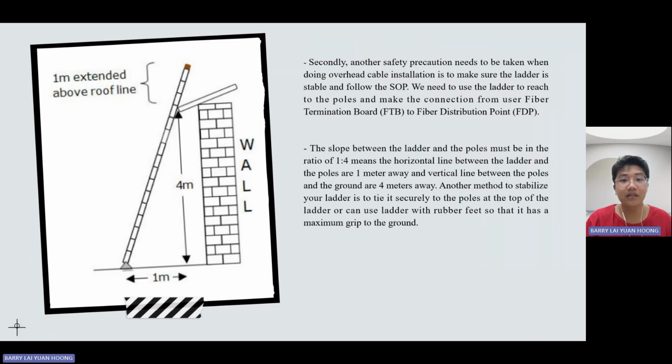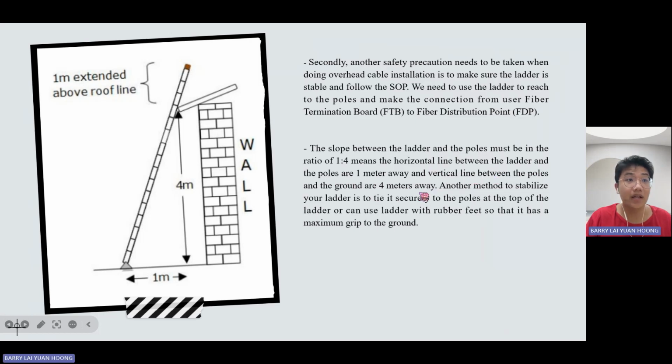Secondly, another safety precaution when doing overhead cable installation is to make sure the ladder is stable and follow the SOP. We need to use the ladder to reach the post and make the connection from the user fiber termination board (FTB) to the fiber distribution point (FDP). The slope between the ladder and the post must be in the ratio of 1 to 4, meaning the horizontal line between the ladder and the post is 1 meter away,